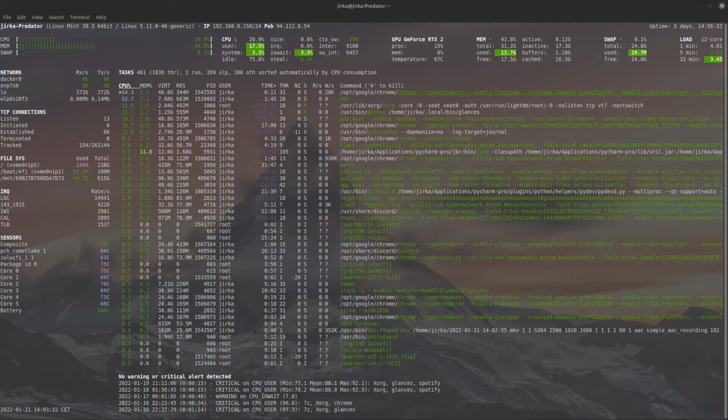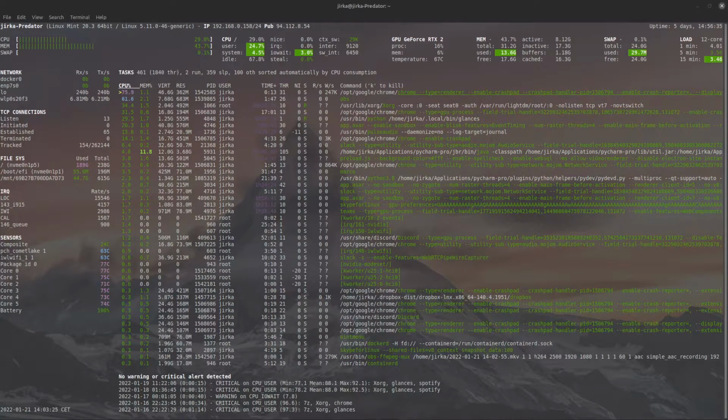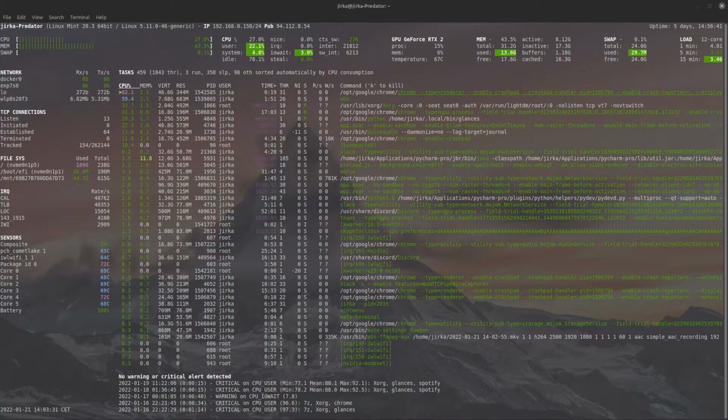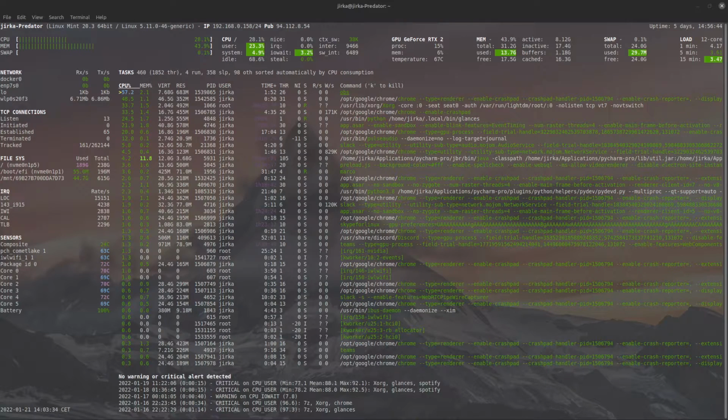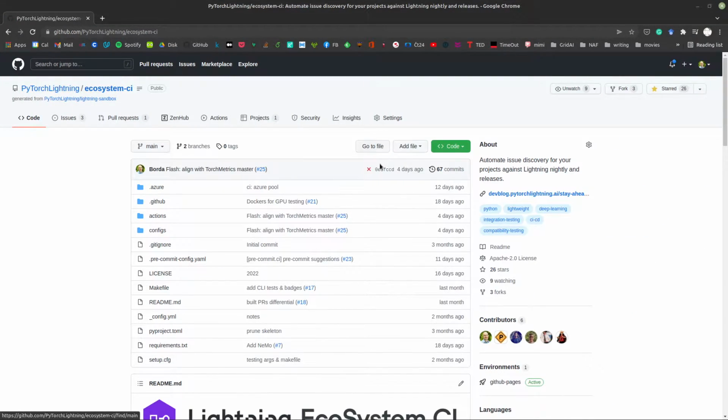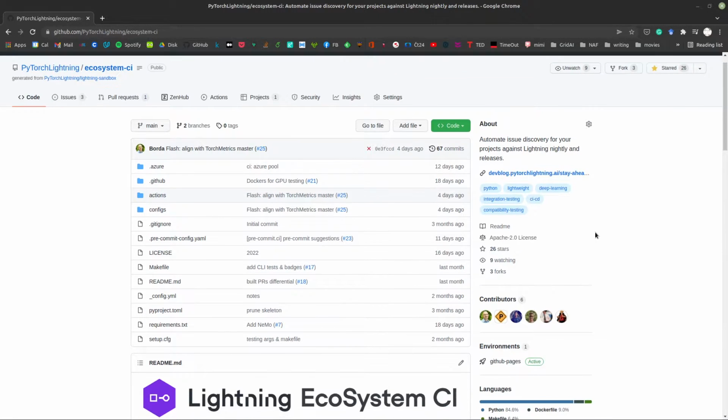I'll be showing how to add a PyTorch Lightning custom project to our ecosystem CI. So we just briefly introduce what the ecosystem CI is. We have this project which is mainly just